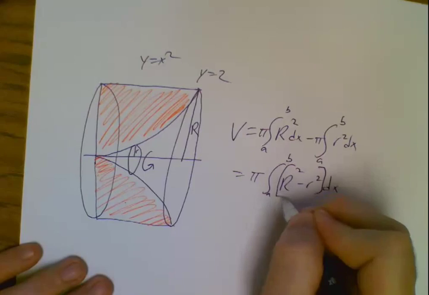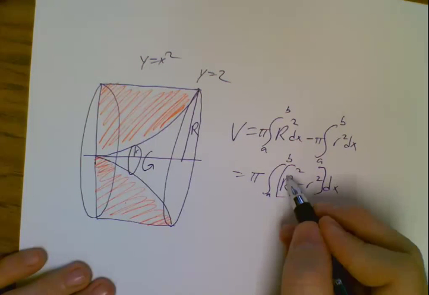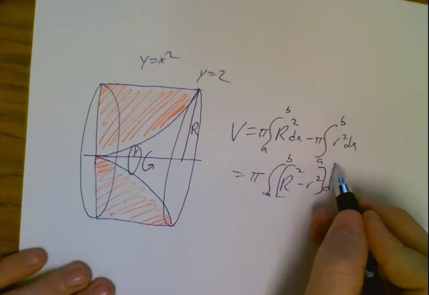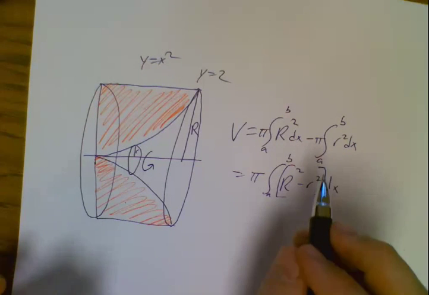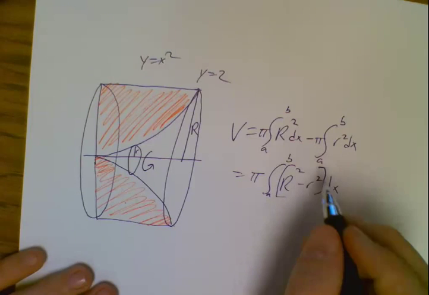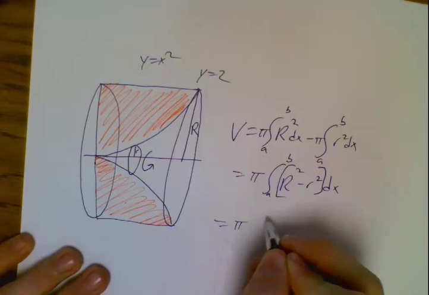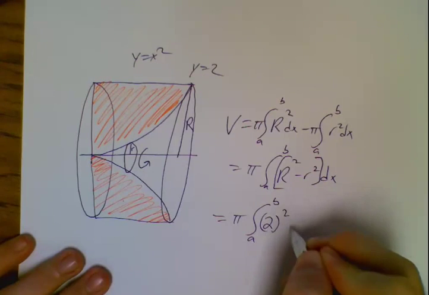And I think, honestly, the biggest mistake sometimes people make is they'll do big R minus little r and then square the quantity. And that means something different. So you have to really look at what the radius is, how many pieces are there, and set it up accordingly. So if I do this right, big R is just 2 minus little r, which is x squared,